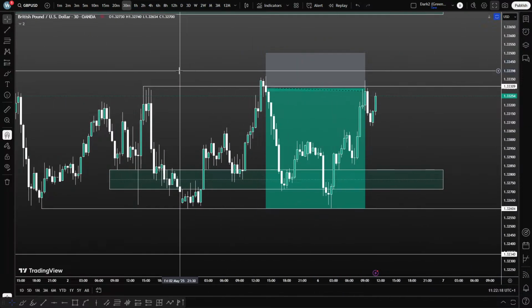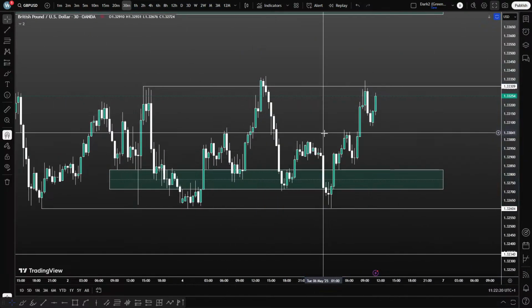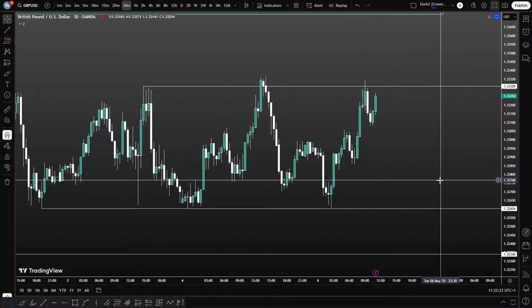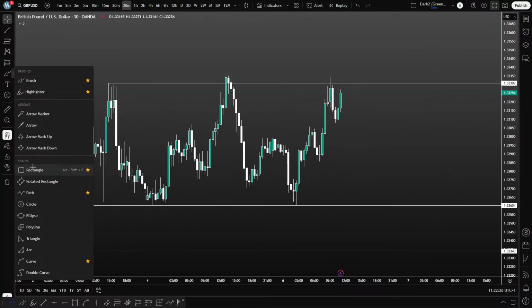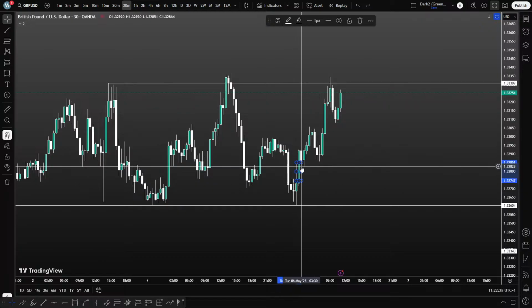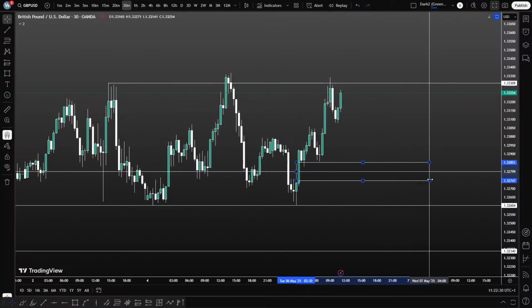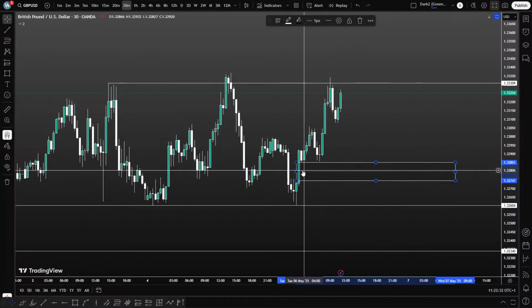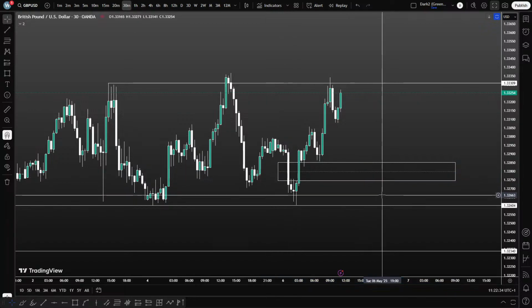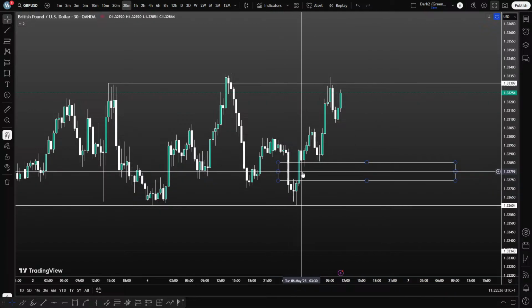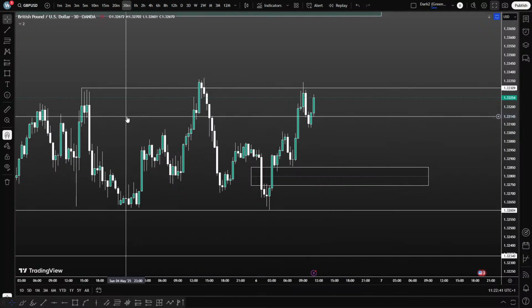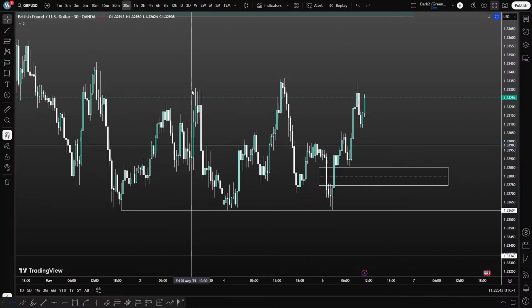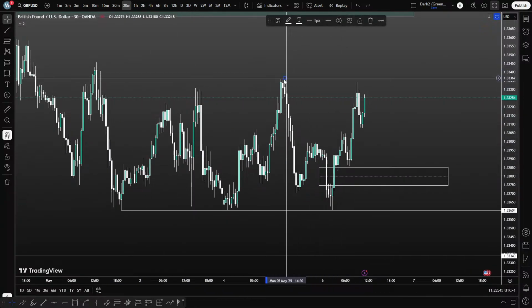We've since reverted back up to these highs, but I'm out of my position, so I am going to be looking for something new. So if I were to plot this from scratch, you're going to see we have this imbalance formed in Asia. Down here at 1.32800, sorry. And if I were to move this over to this high here, this is going to be